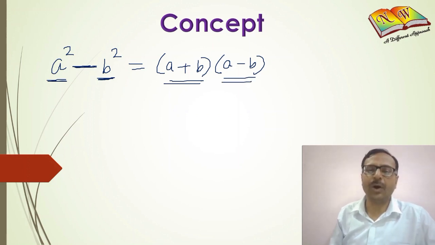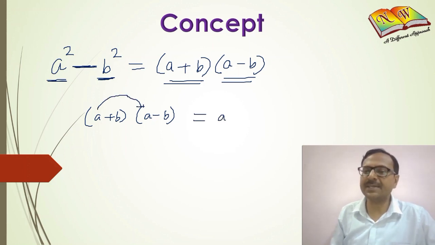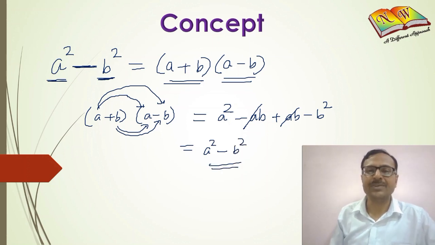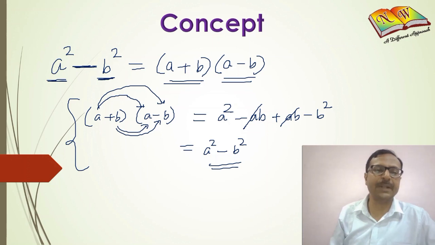Now, how did we obtain this identity algebraically? If you see a plus b times a minus b, if you multiply these binomials, a times a is a square, a times minus b is minus ab, b times a is plus ab again, and b times minus b is minus b square. So you can see a common factor, minus ab plus ab, getting cancelled there, and you have a square minus b square, which is the required identity. So this is the algebraic proof of this particular identity, a square minus b square equals a plus b times